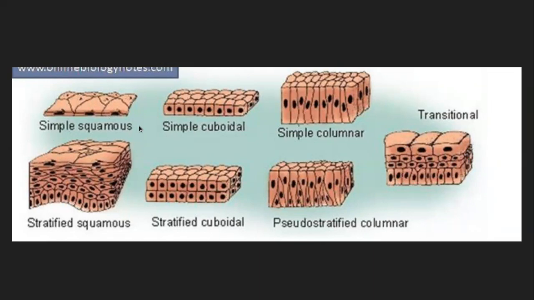So I hope structure wise you have understood how they are. Squamous is kind of irregular shaped cells. Cuboidal epithelium is of cuboidal shape, like one cell is cuboidal shape, and then when all these cuboidal cells are arranged, it forms a cuboidal layer. And columnar cells are column shaped, and similarly there are the stratified versions of these ones.